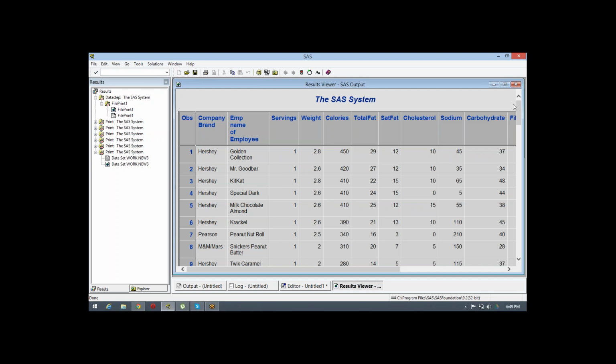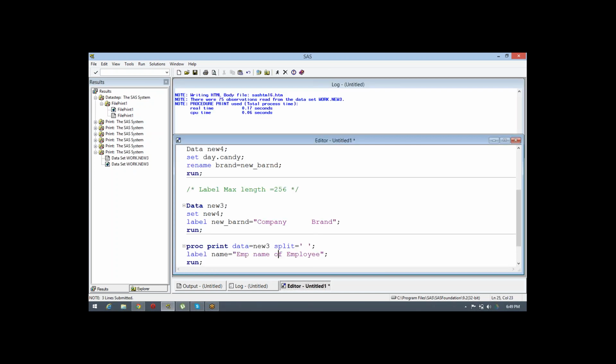Instead of that, let's suppose I have used some delimiter inside of that. Suppose I have used dollar, so I want to split after dollar only.